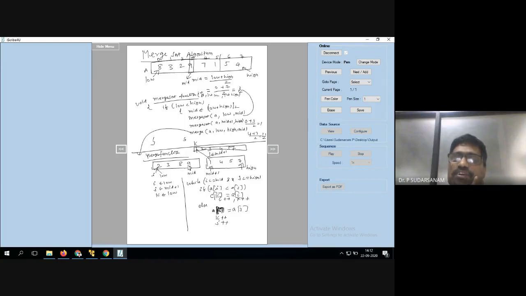But 8 9 is remaining. In this condition, I less than or equal to mid is true. Now J less than or equal to high: 7 is also copied and the J value is incremented. That means the condition will become false for the second part of the array. So in this case, the elements still remaining, you have to copy them.